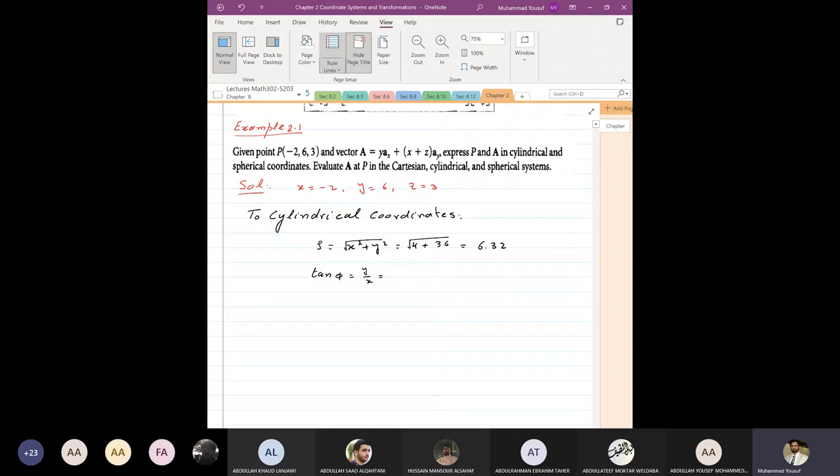Y over x. Y is 6 over -2. So this implies phi equal to inverse tan, arc tan of 6 over -2. So we have arc tan of -3,